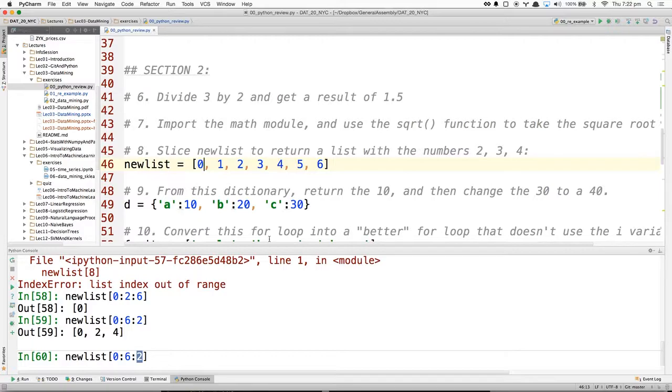And that will give me the array 0, 2, 4. Note that this is the start index, this is the ending index, and this is our interval.